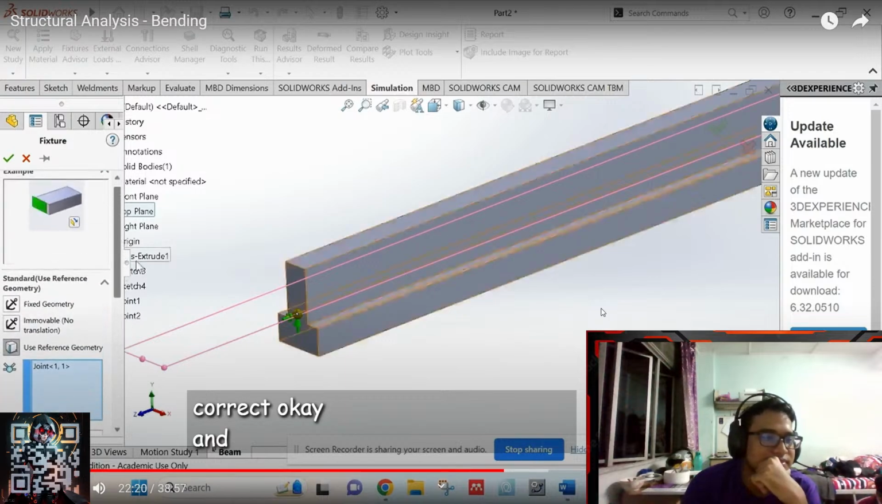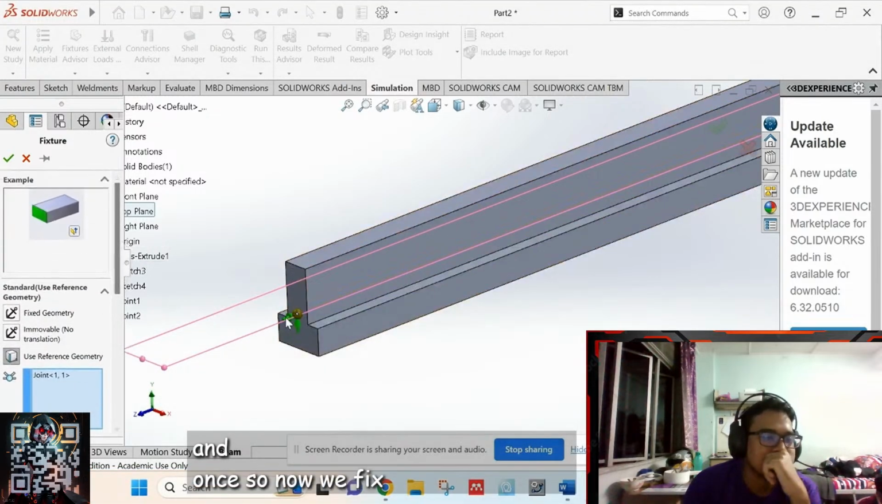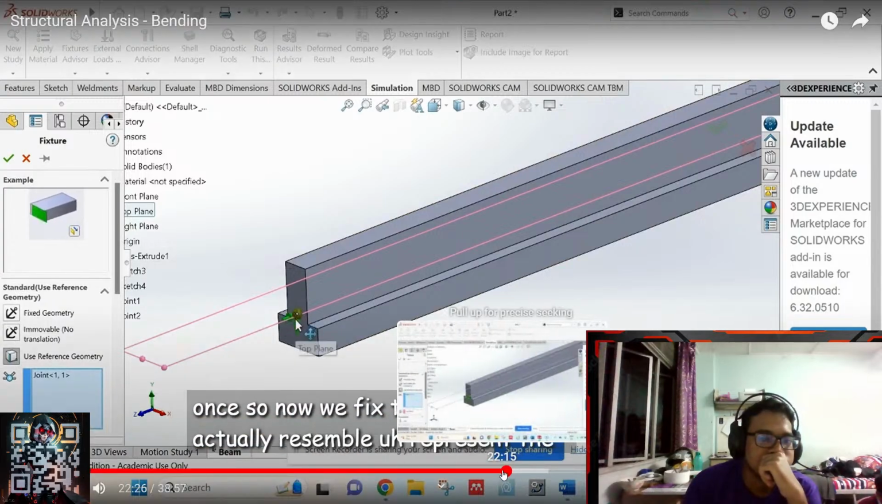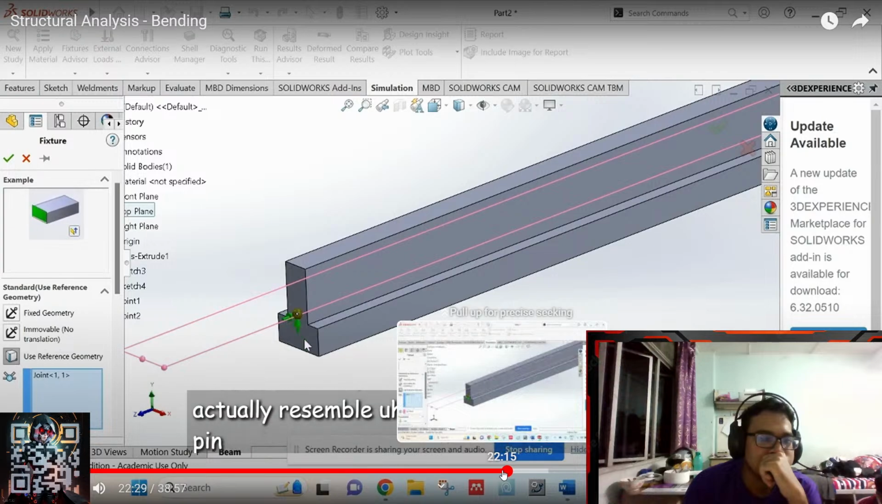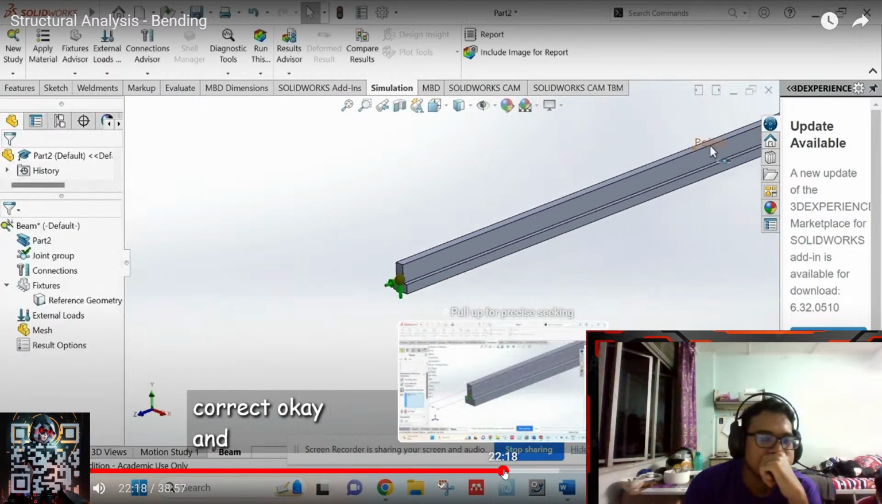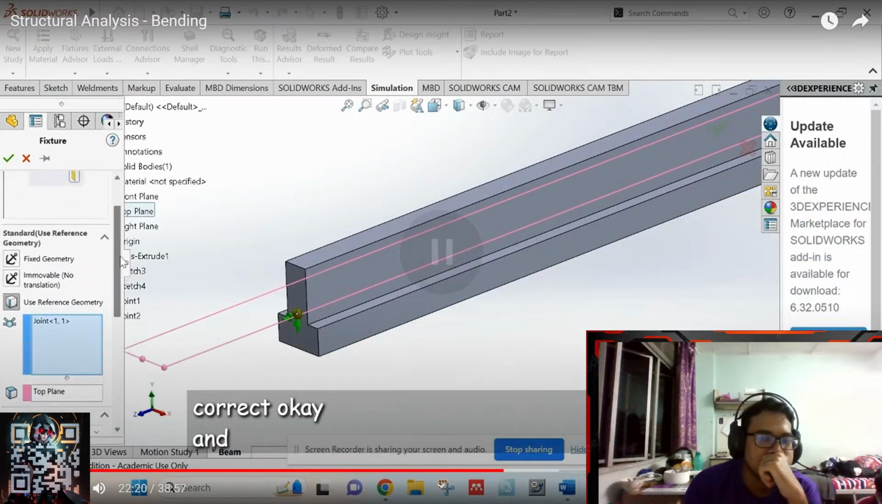Once, so now we fix that. This actually represents the pin support. Okay, so just click OK. Next, once